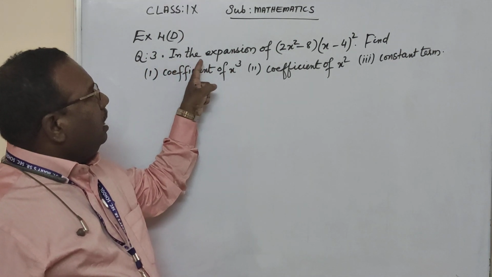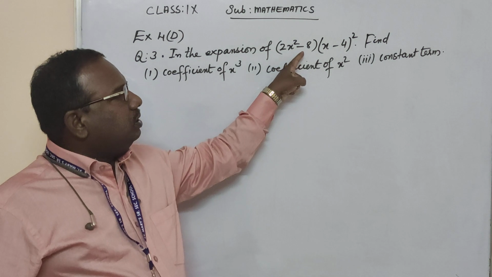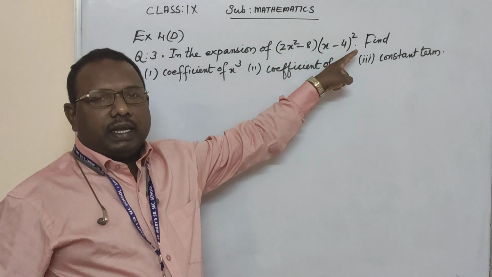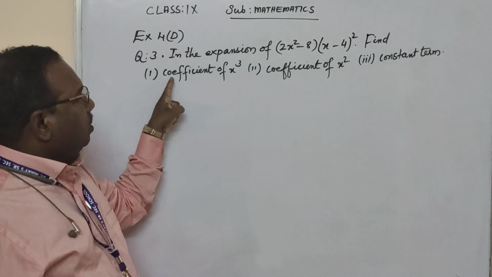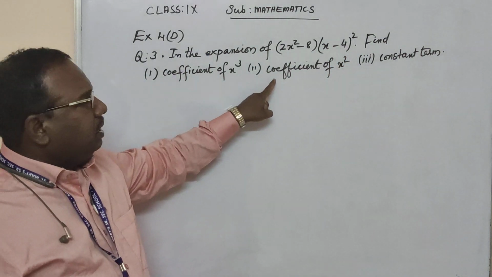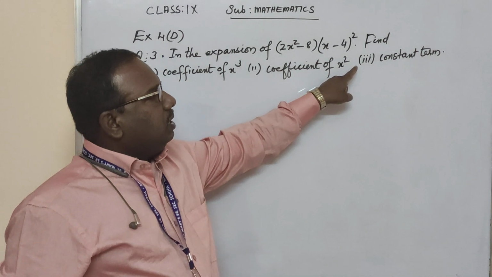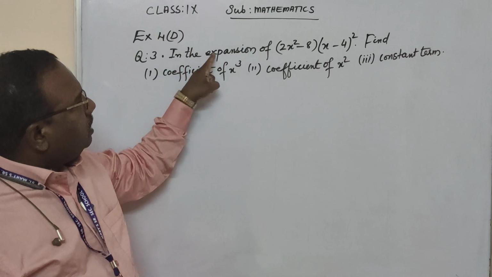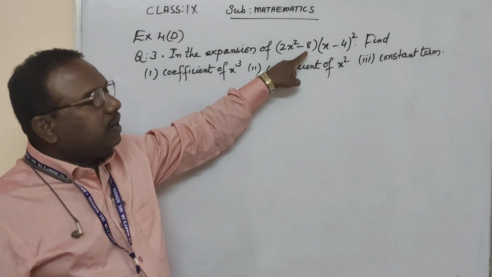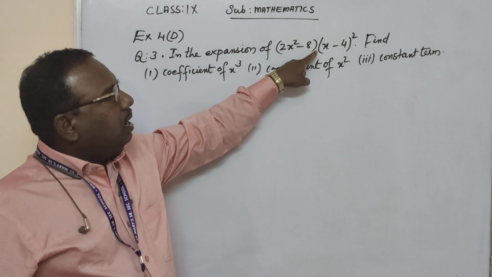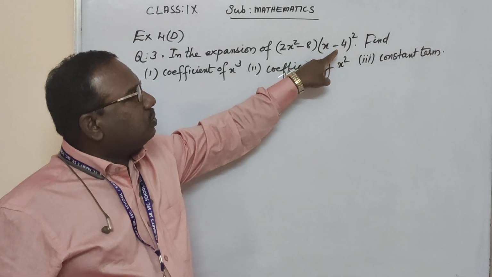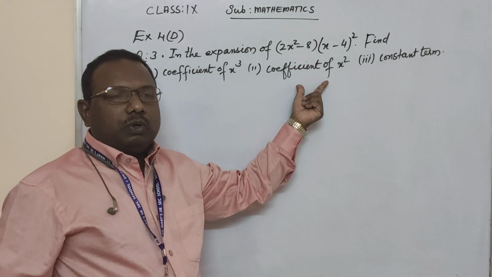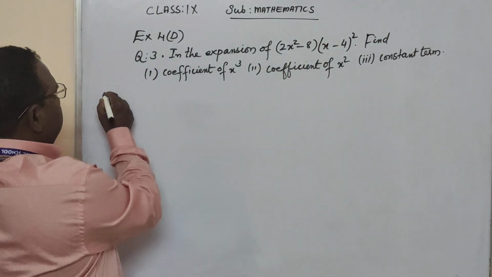Number 3, in the expansion of (2x² − 8)(x − 4)², find: 1. coefficient of x³, 2. coefficient of x², 3. constant. Now once more read the question. In the expansion of (2x² − 8)(x − 4)², so we have to expand this, then only we can go to the question. So solution: